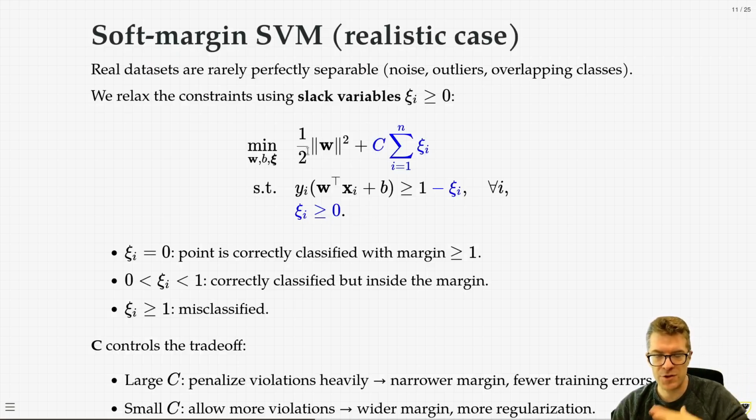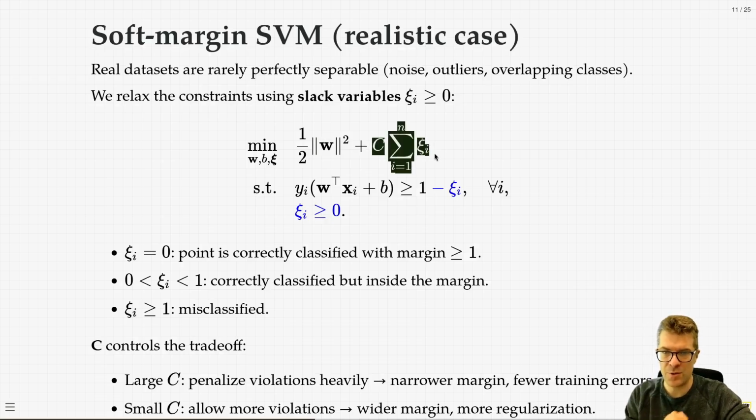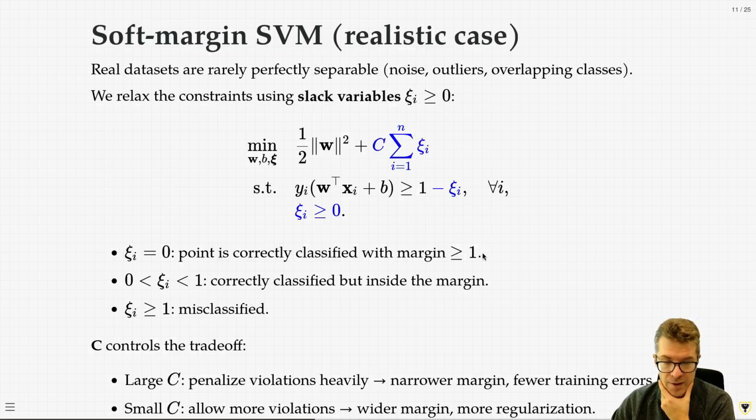possible. Okay, so again, this first term is the one that allows us to set the slope of our decision boundary, and we set it in such a way that we can maximize the margin. So this is essentially maximizing the margin. And we also allow for some of the data points to either be in the margin or on the wrong side of the decision boundary. So we allow for the fact that we're misclassifying. We can misclassify some data points, and we want to minimize both of those things. We want to maximize the margin by minimizing this amount, and we want to minimize the number of misclassifications we're